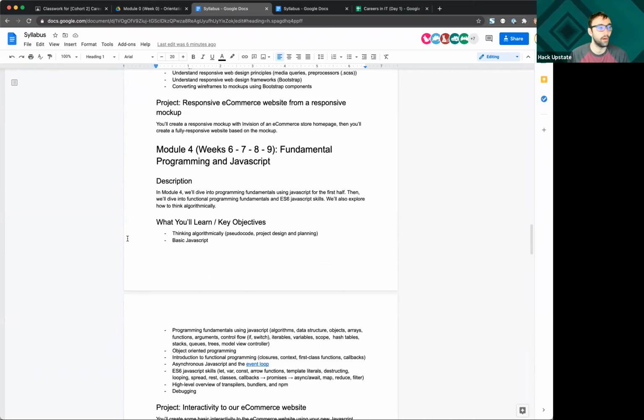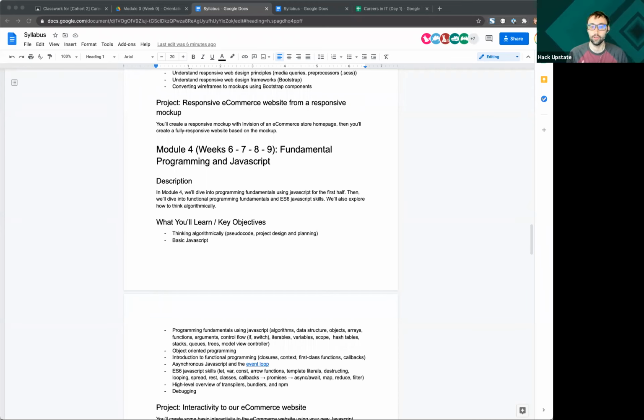Module 4, you get to have, I believe, Gus, who is a developer at a local company called Density, come back in and teach you the fundamentals of JavaScript. So this is, how do we tell the computer how to do something, right? In modules 2 and 3, you're going to be focused on the look of how do I tell the computer this is what I want to show up. Module 4, we start getting into kind of the core fundamentals of computer science.